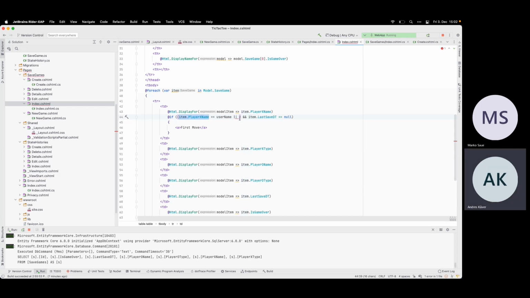This is the special case, when it is a computer. Then make a first move.